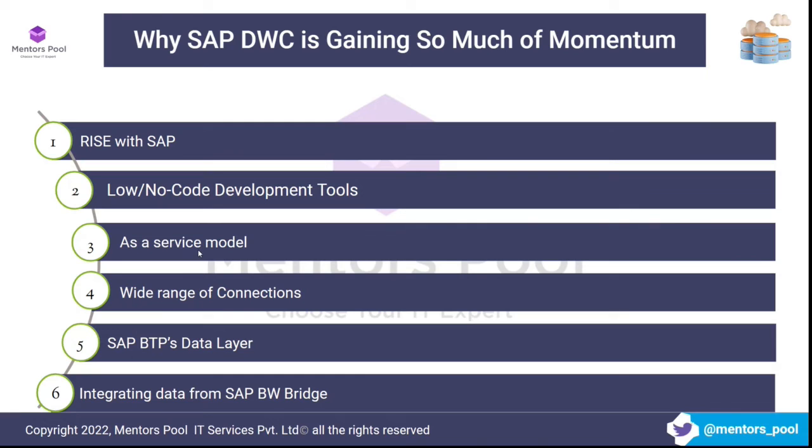And then the as a service model. So what do we mean by as a service model? Typically, if you have to implement a data warehouse, you have to buy a very huge server. You have to maintain the Linux. You have to maintain the database. You have to have a huge number of platform teams, platform activities. You have to buy the software, install the software, keep it updated.